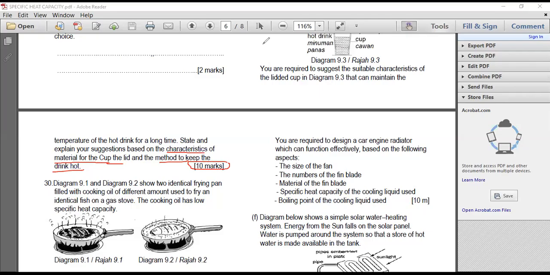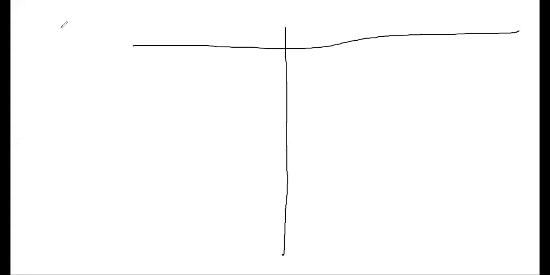So for this one, you can put it into 2 columns. This column we say as modification, and then here we say reason. Okay, now they want the characteristic of the material of the cup and the lid. So you can say, material of cup